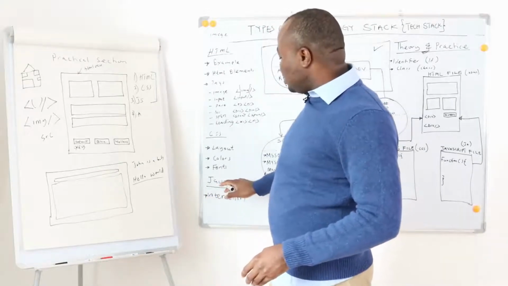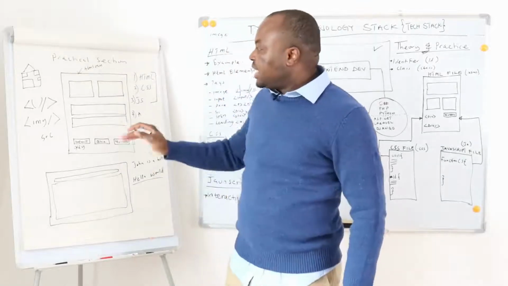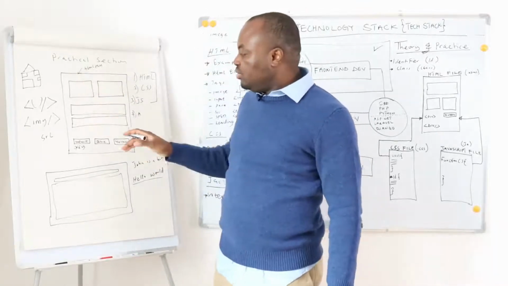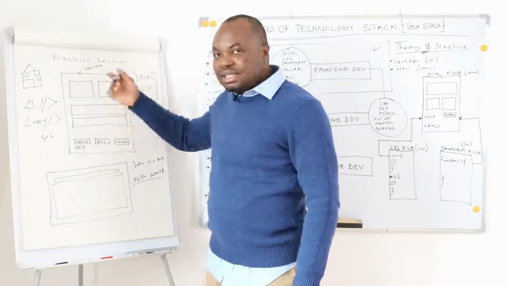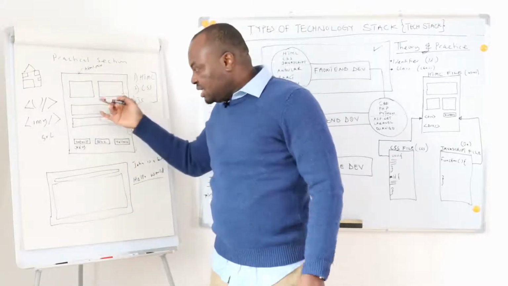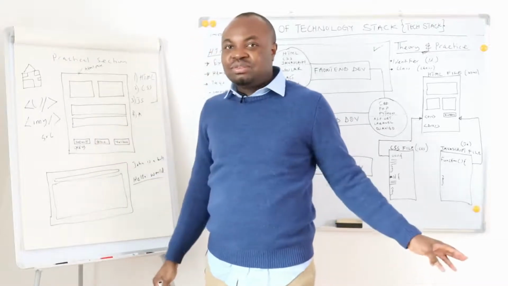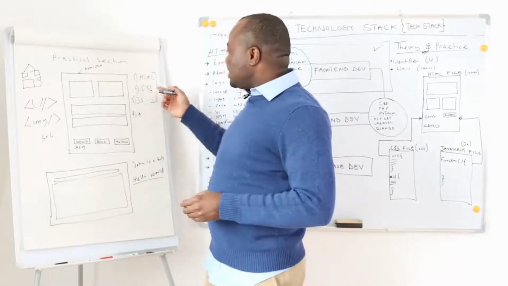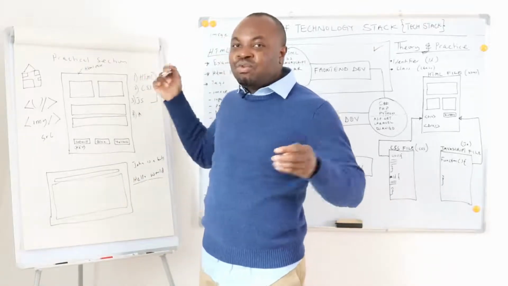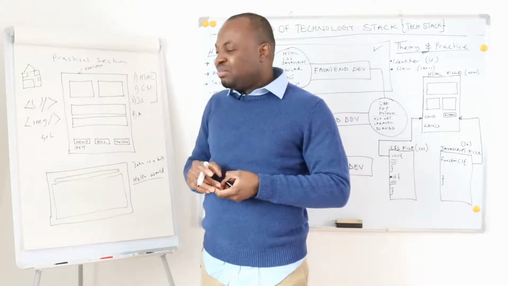So let's move over to JavaScript. JavaScript is for interaction. In this project, what I want to do is, if you click this button, it should change the color of this block. That interaction, changing the color of this block when this button is clicked, is what JavaScript does for you. JavaScript is a programming language. These are all programming languages, but they are not full-fledged programs. They are what we call pseudo programming languages.